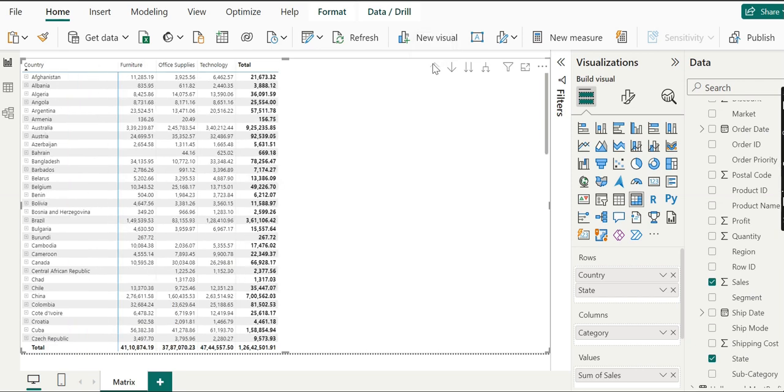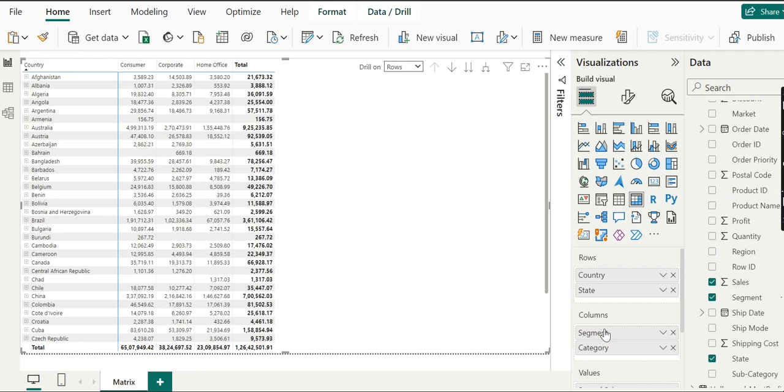Back to drill up, and now we will play around with some changes. We will select segment and put it in the columns. We can see a little drop down added, drill on rows, drill on columns. Till now there was no drill down on columns, because in the columns there was only one option, category.